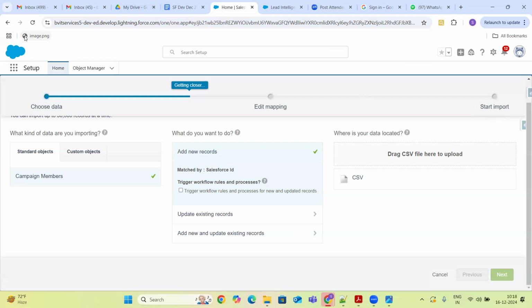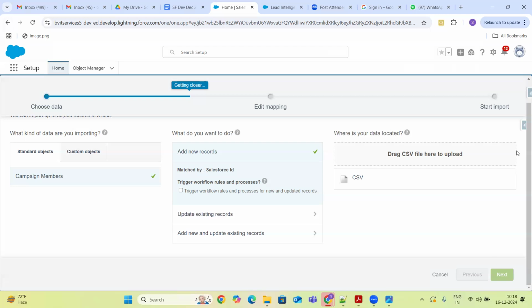But now we are learning about the basic application and its major objects, right? So for the marketing CRM application, campaign hierarchy, campaign members, leads and contacts are the major ones.